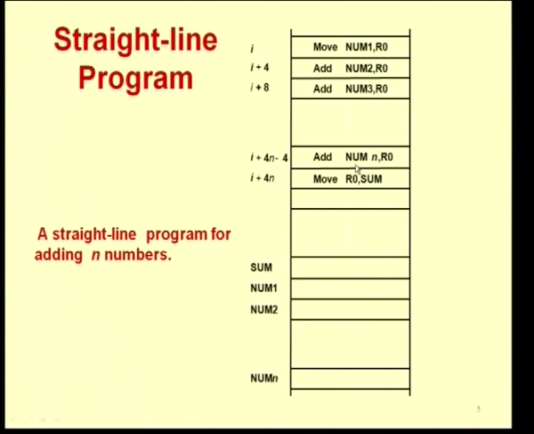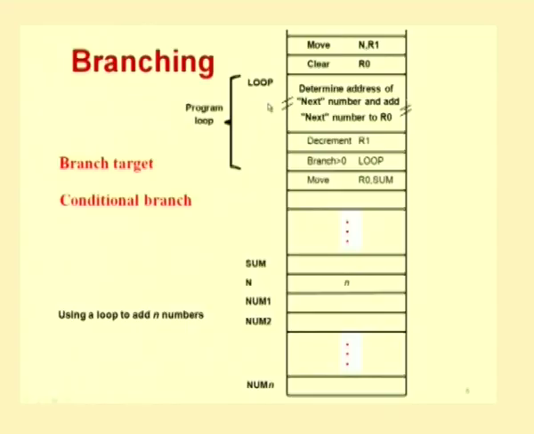So, what we normally do when we have these kind of situations is that we use what are called loops. I am sure you are all familiar with this, we have all done C programming and so on. So, when we use a loop, you would have a code sequence like this. Let us say I have this value n, which is the number of elements that I need to add. I store that in a register called R1. So, I have an instruction called move n comma R1 and then I clear R0, basically R0 is made 0. Now, I know that there are these numbers available starting from num1 up to